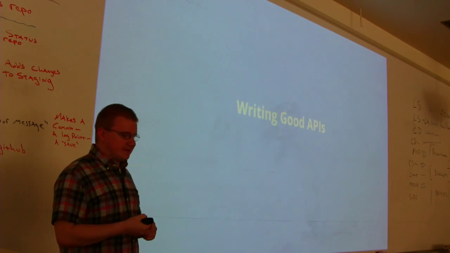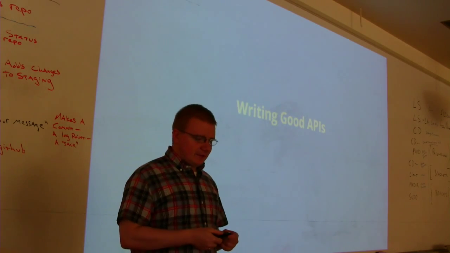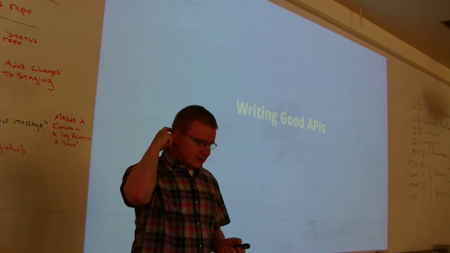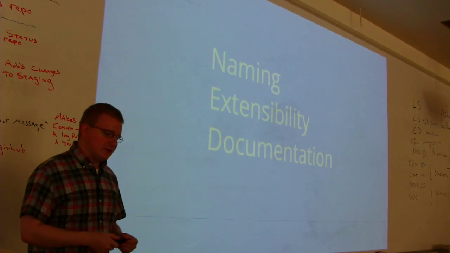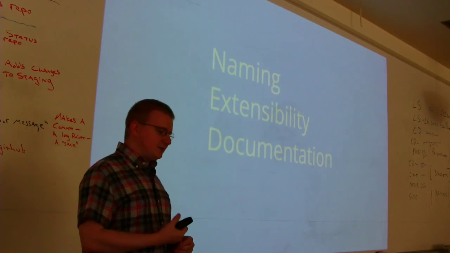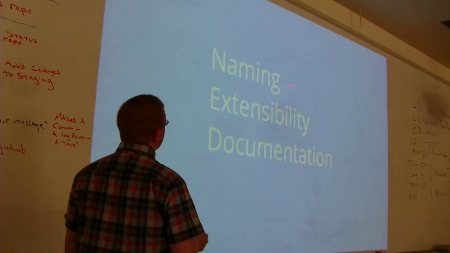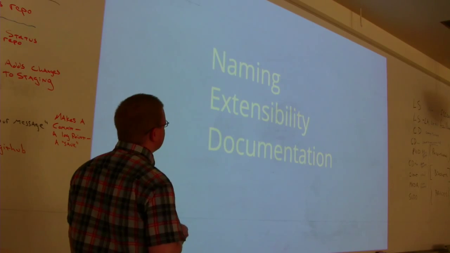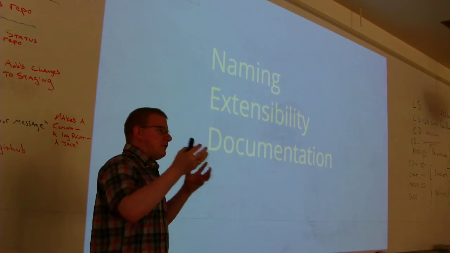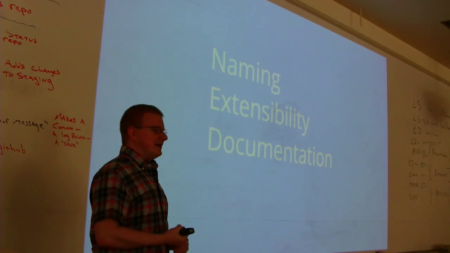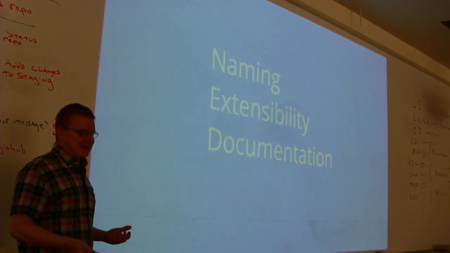And this afternoon we'll spend some time adding features to our elements. But I want to spend a little bit of time talking about writing good APIs. I think there are three characteristics that good APIs share. The first is naming, how we name things. Sometimes I'll say you can arbitrarily name something. And that just means it doesn't have a technical requirement that you name it a certain way, but I don't really mean you should pick an arbitrary name. You should pick a name that's